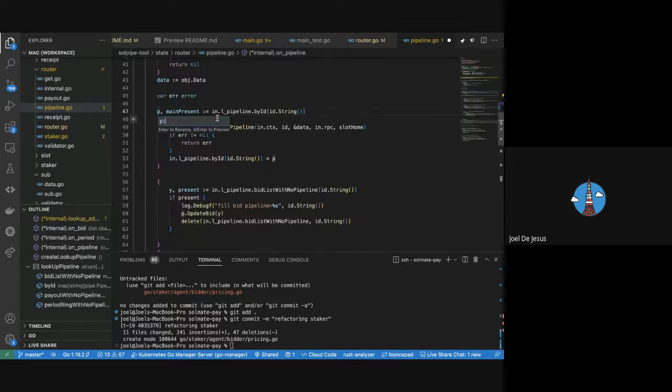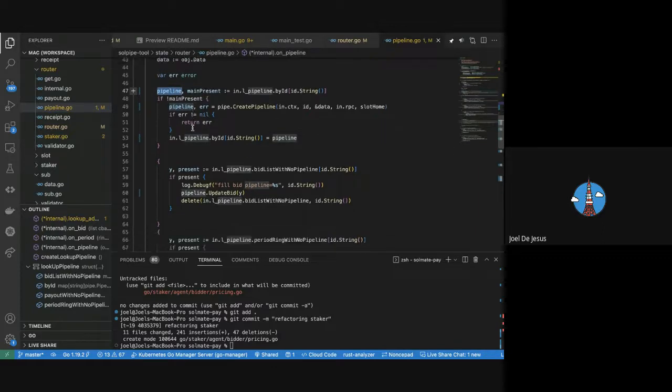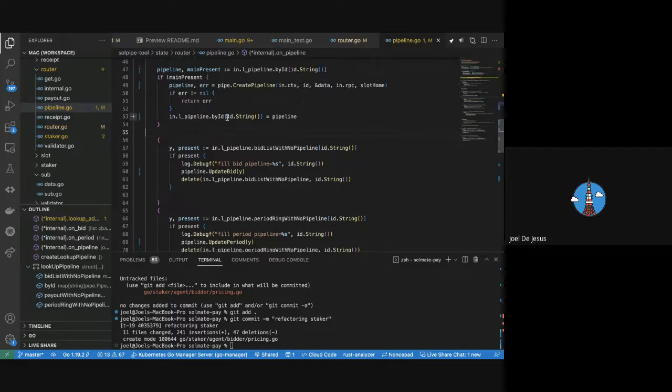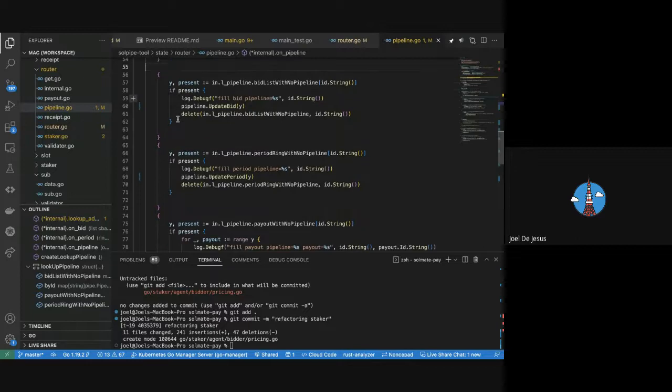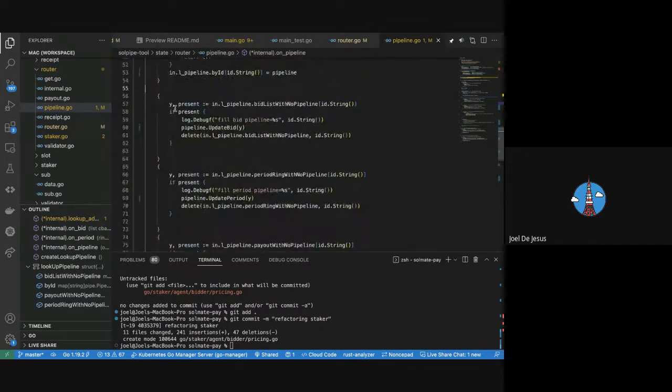Let me be clear here. So like here, the account's still open. If we don't have a pipeline yet, then just create one. If it exists, then we don't have to do that. And then, yeah, I mean, just basically fill in the data. So pipeline, like I said before,